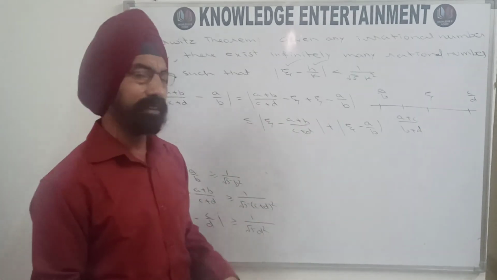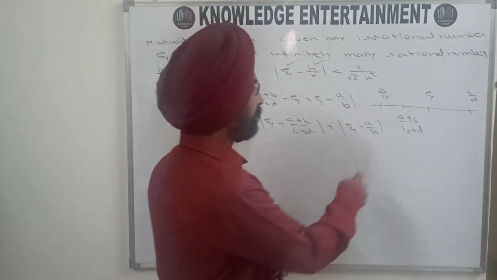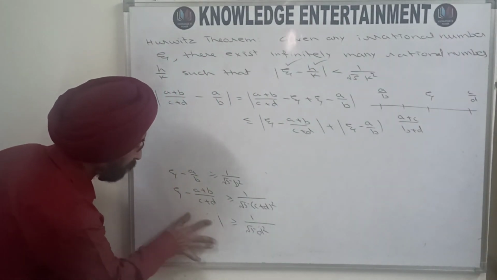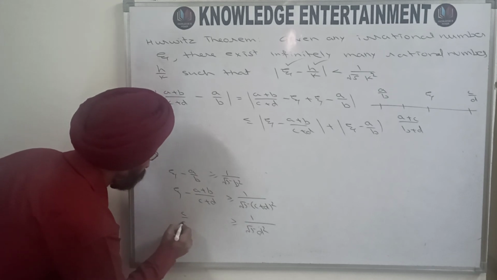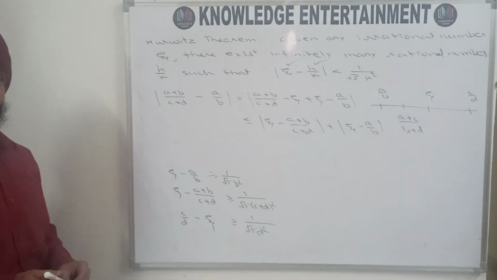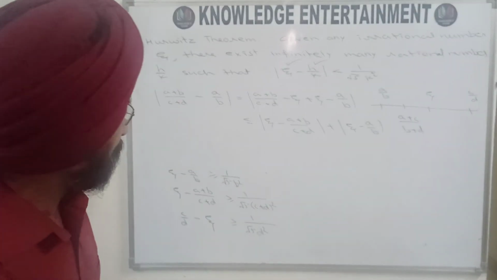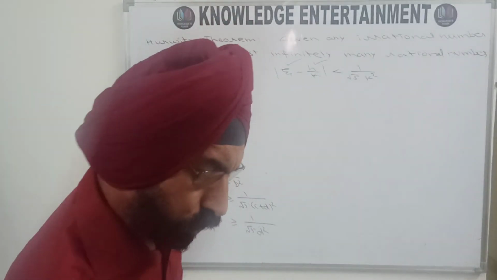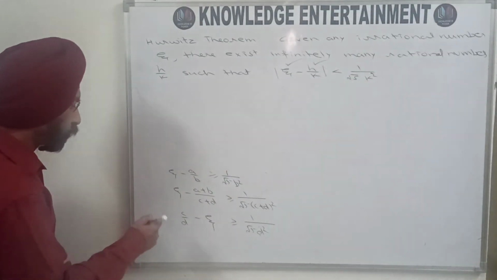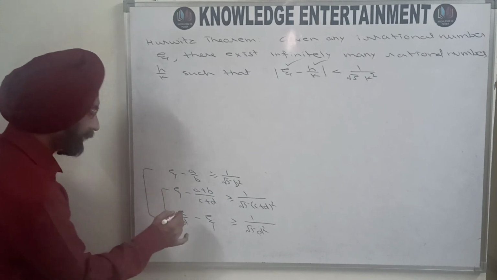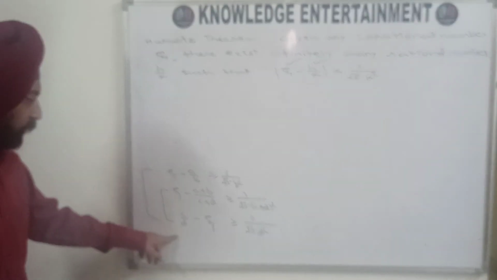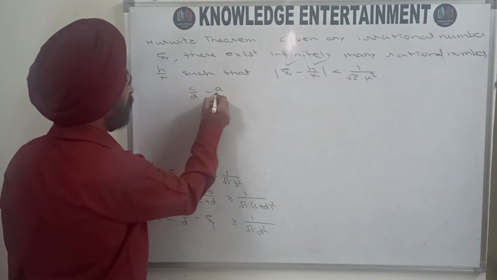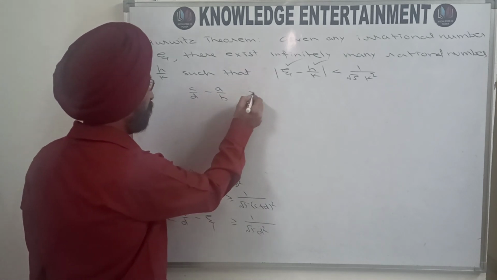And for the third one, you have xi minus c upon d, which is negative, so the sign will be changed. So here you will have c upon d minus xi, and now it seems to be comparatively easy. You now actually want to eliminate xi, so add these two and then add these two. Adding these two, you will get c by d minus a by b is greater than or equal to